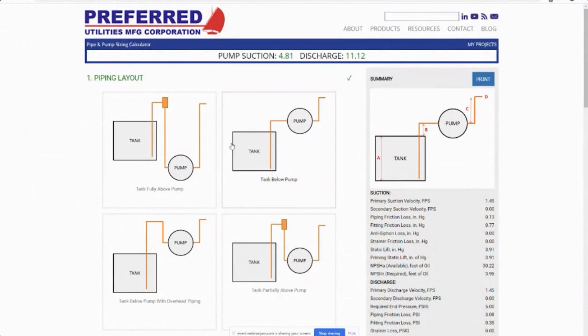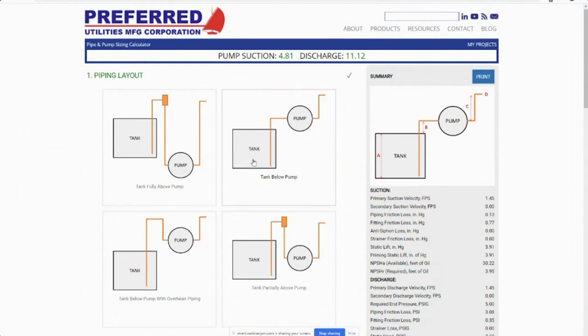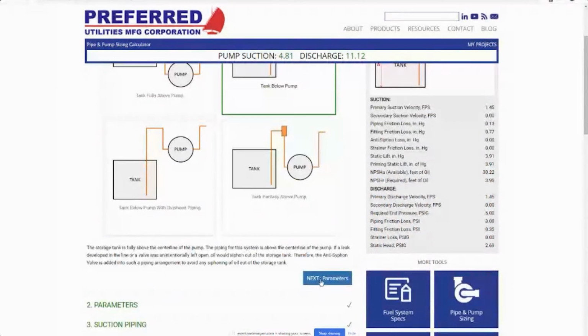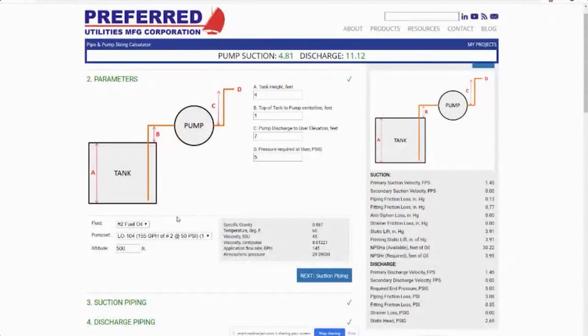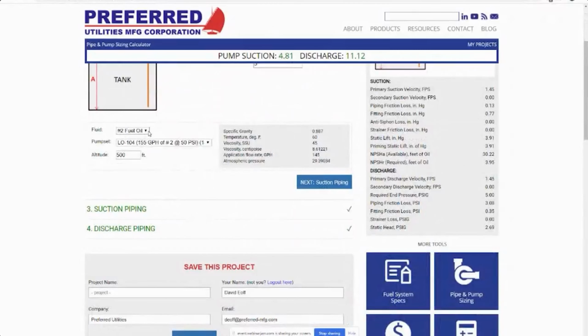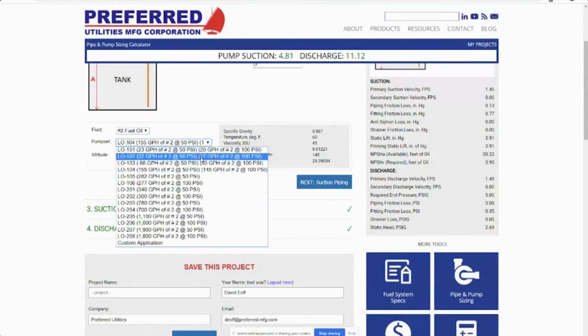And in this case, the suction side is really not going to matter. So I'm just going to pick one. And we're going to do tank below pump. And then go to parameters. And here you get your choice of fuels. You don't have to do number 2. You can do number 4 or number 6. And these are all of the